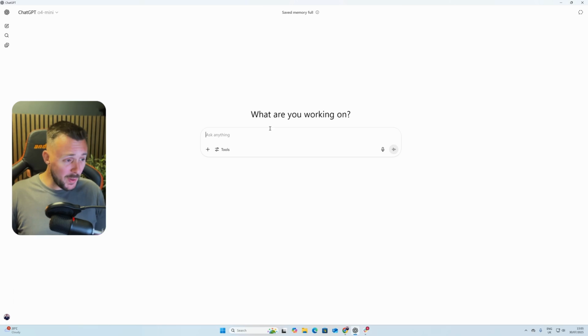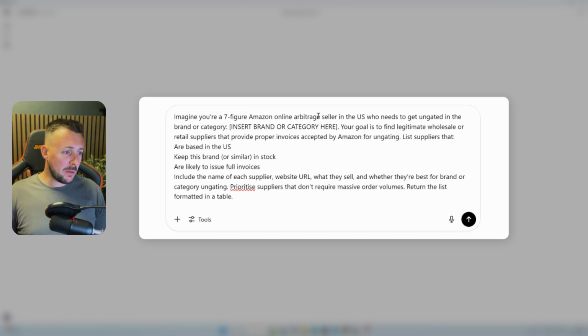So in the age of Amazon 2025 as a reseller, one of the challenges that we hear people coming up against regularly is getting ungated, because it is changing. The ecosystem is always evolving, and Amazon are finding new ways to get us to work for being approved to sell big brands. And a way to shortcut that is to use ChatGPT to find suppliers that you can